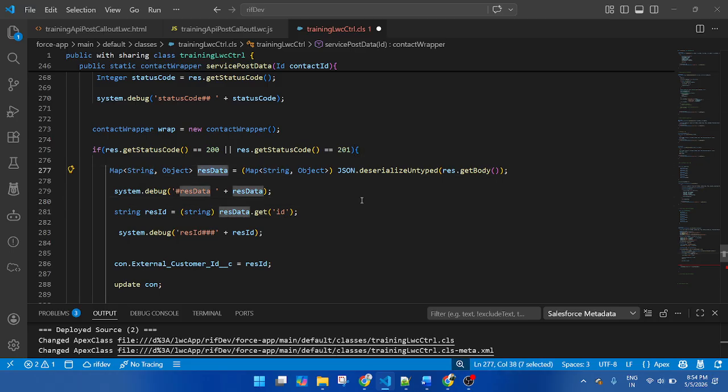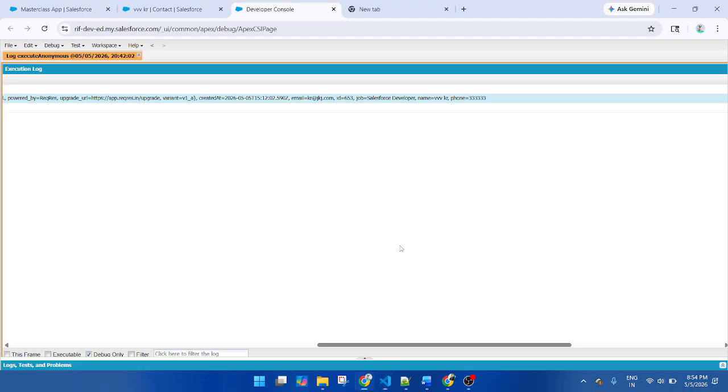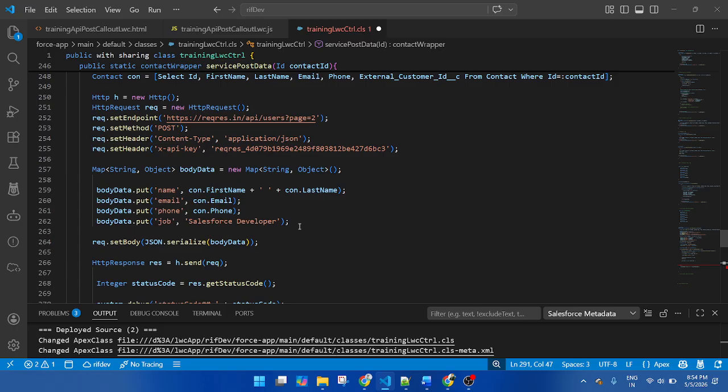Dot get. So I will get the data from name, this one. Dot get, and one by one I will get them. Actually this is a key, this is a value, this is a key, this is a value, I am passing in the map.